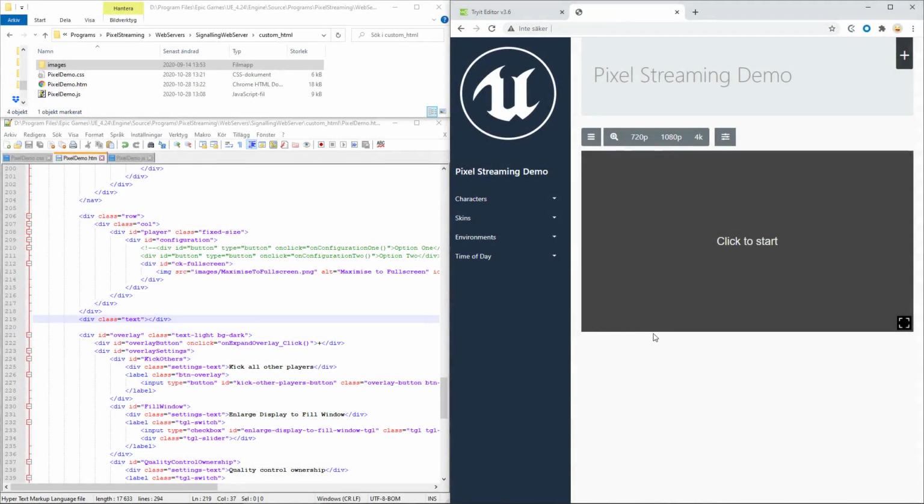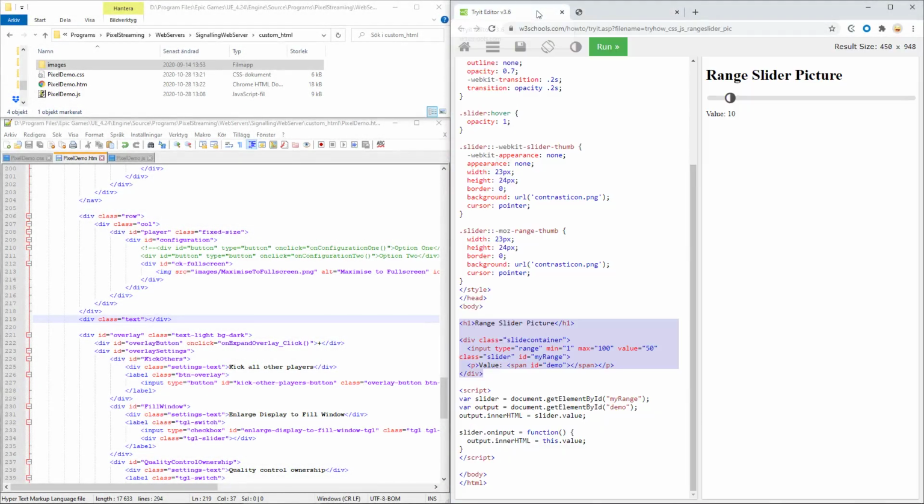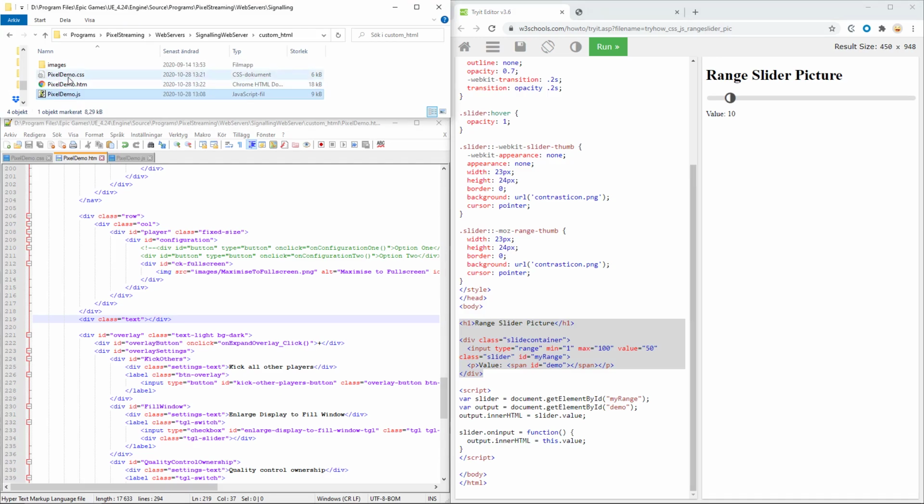It's generally recommended to be using multiple documents whenever you develop your website. In the pixel streaming example project, this is done by having a CSS file for the style sheet, an HTML file for the look of the website itself, and a JavaScript file for the code or the scripting.